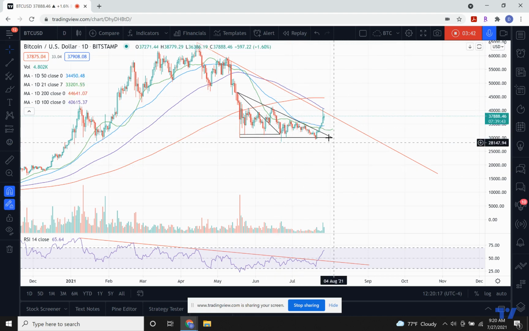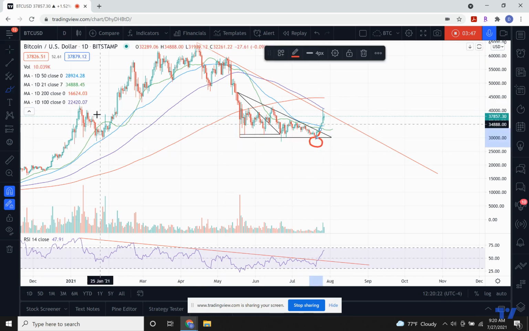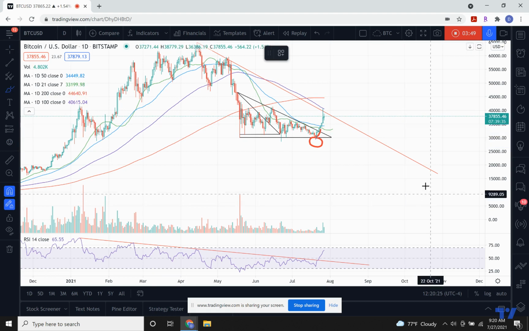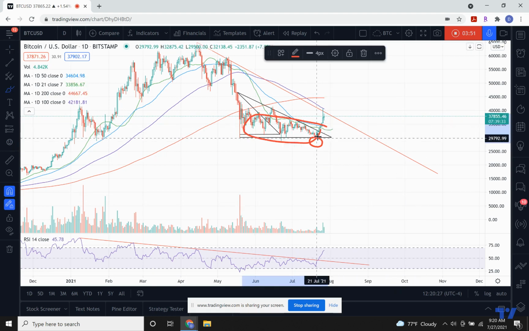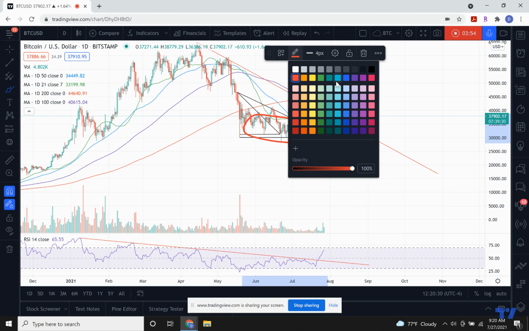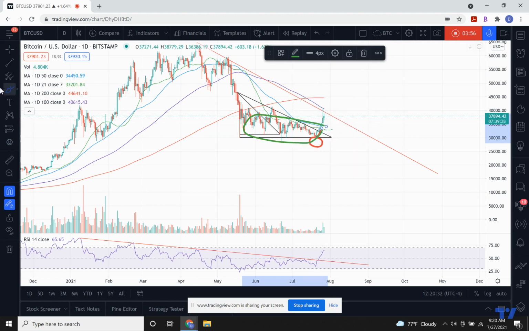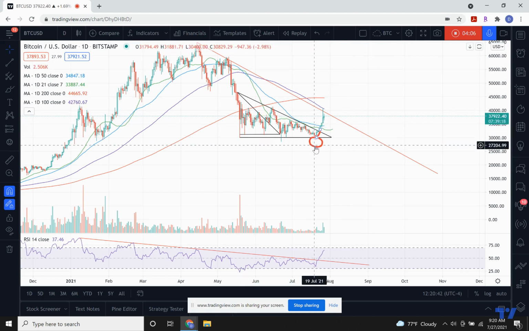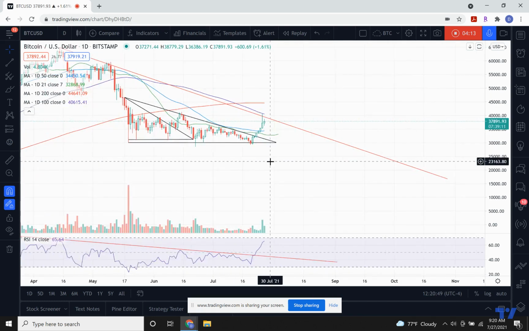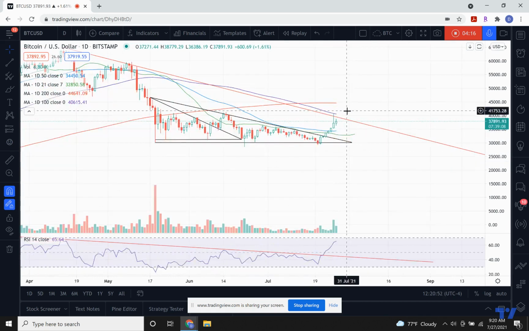Normally, the people that are calling this whole thing an accumulation are claiming that this is the spring, and that this is the show of strength. Well, the show of strength I'm going to argue with here. So here's my argument on why I don't like this show of strength. If it is their show of strength, it's very weak.